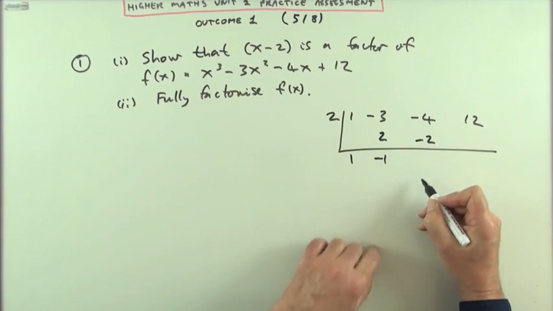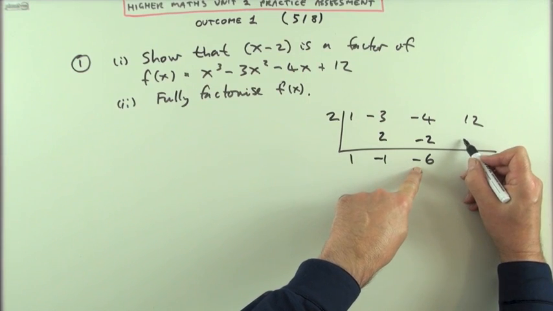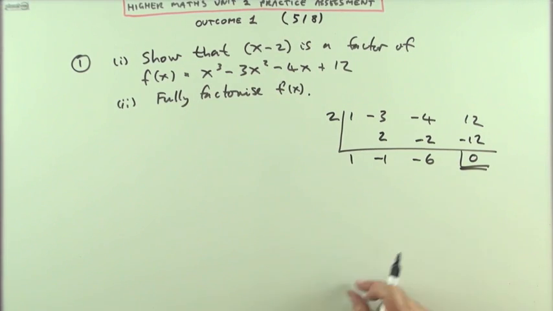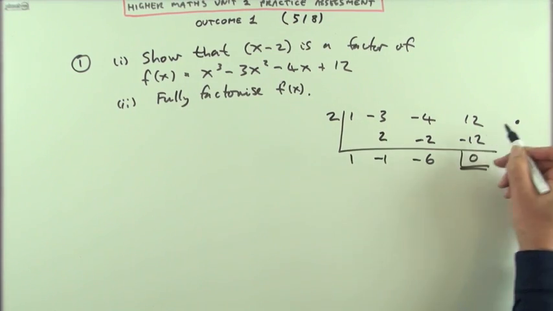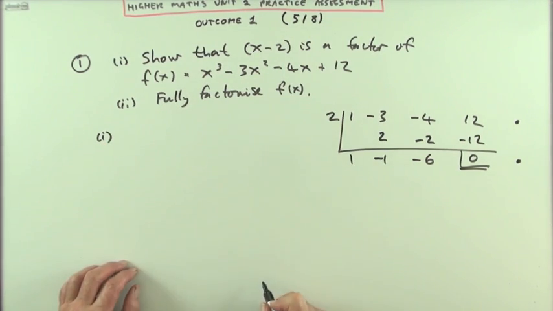2 times -1 is -2. Add down, -6, multiply up. 2 times -6, -12. Add down, and I'll just separate that away, not that that's worth a mark. That's now worth 2 marks. 1 mark for this first line, 1 mark for this bottom line, and then for part 1, I would then